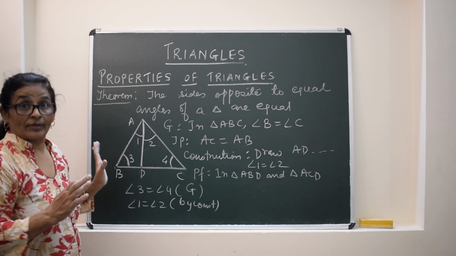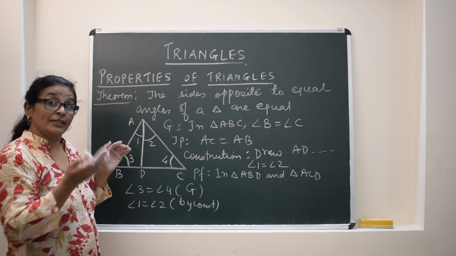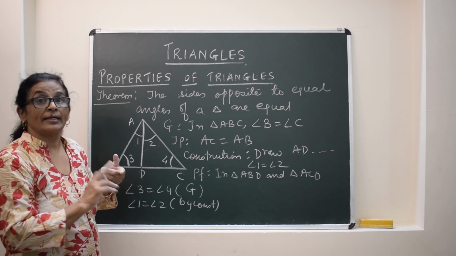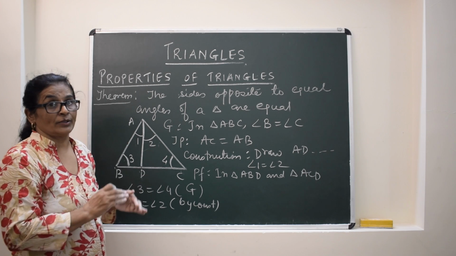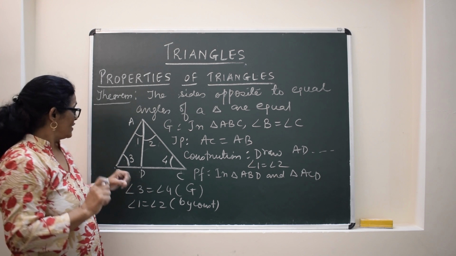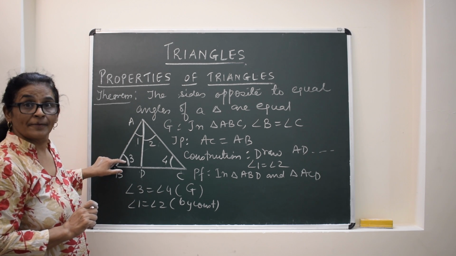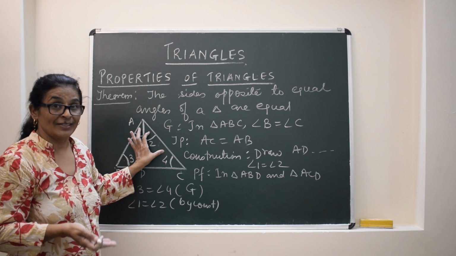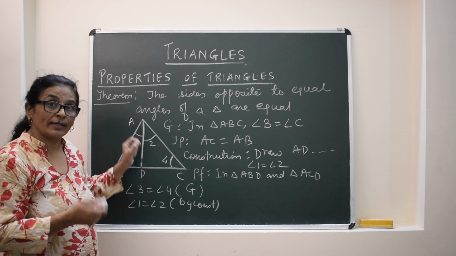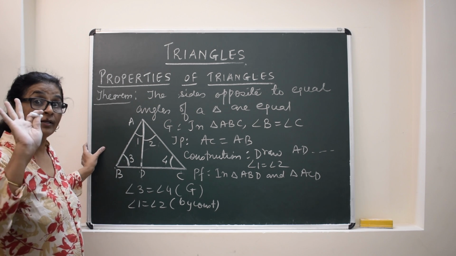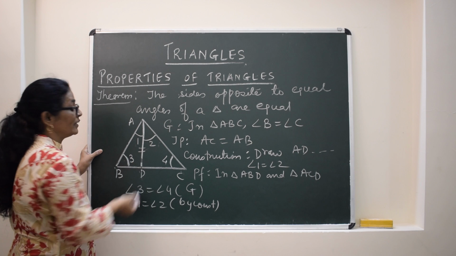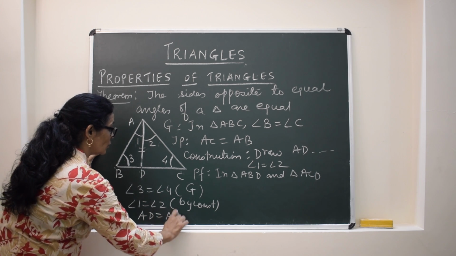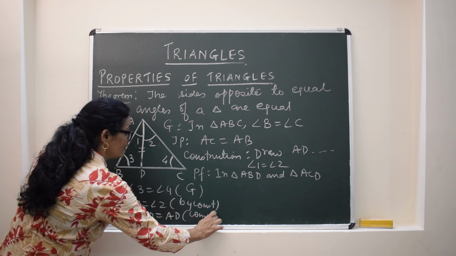Now 2 angles are given. So either the included side or any side. If included side we have got, then we can apply ASA. But if the side is not included, then we can apply AAS. So between these 2 angles, this AB and AC are not given equal, that we have to prove. So we cannot apply ASA here. So what can we apply? AAS. So we will look for the third element. And that third element is this AD, which is common. So third part is AD is equal to AD, which we will write as common.